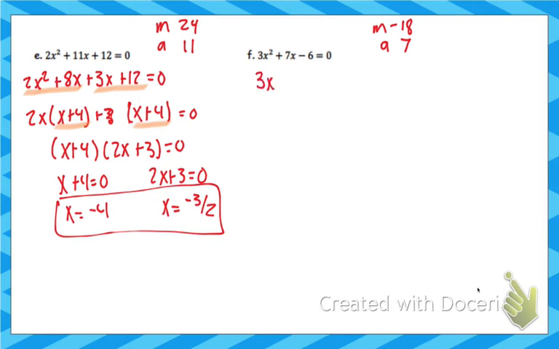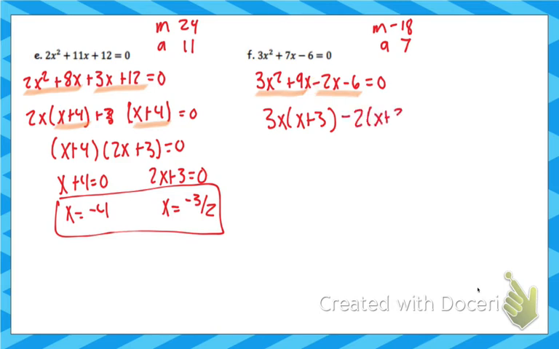So I'm going to rewrite this and rewrite the middle. Now that I have this, I'm going to do grouping. So take out what's common from those two terms. Then I'm going to go to the next two. And when it comes to the sign, whatever sign's in front of that term, we're just going to keep that. So I'm going to keep that minus, take that 2, my parentheses match,